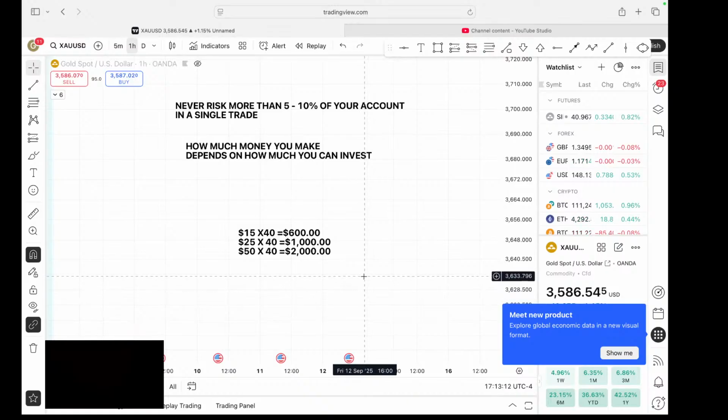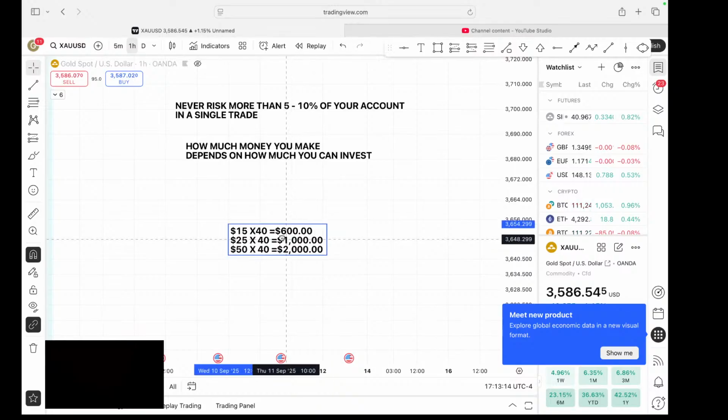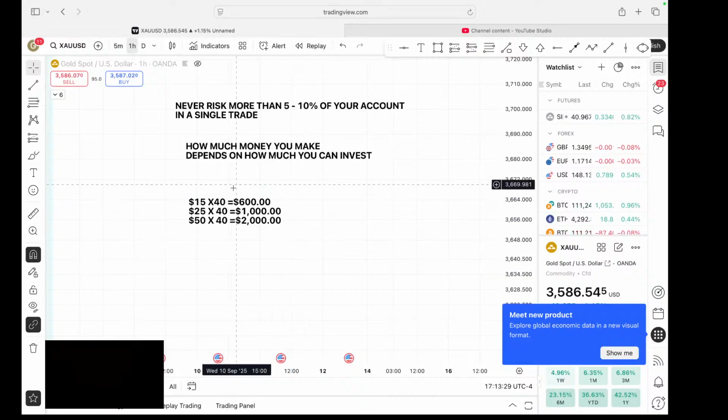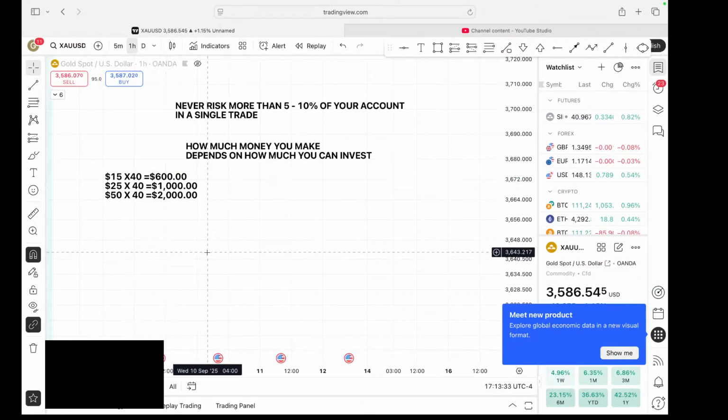So the reason I did this is because this is a good foundation on how much you want to make, right? We want to be realistic. So if you really want to make money in the foreign exchange market, you need money to invest that can get you this type of money, right? So in order to make this,